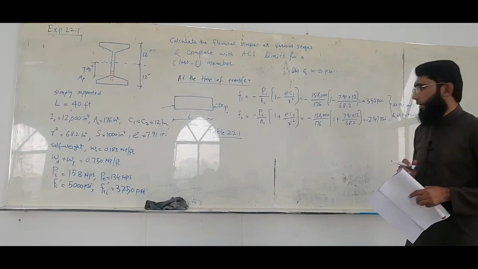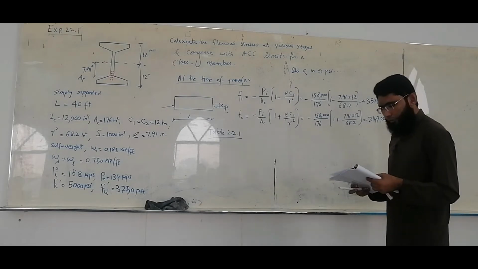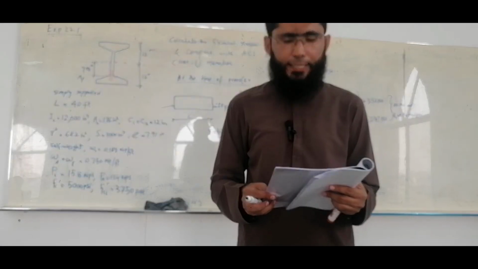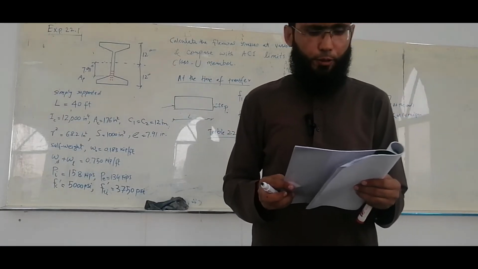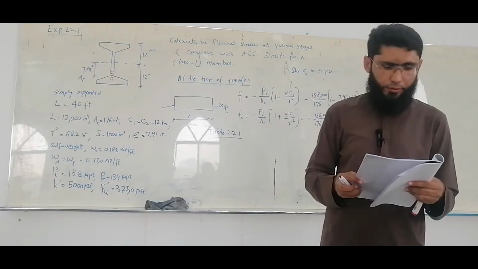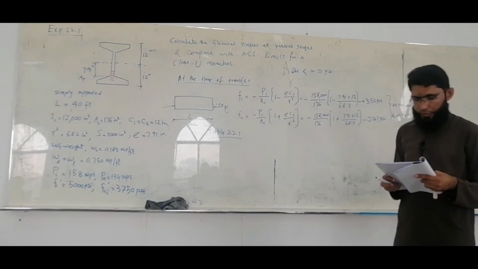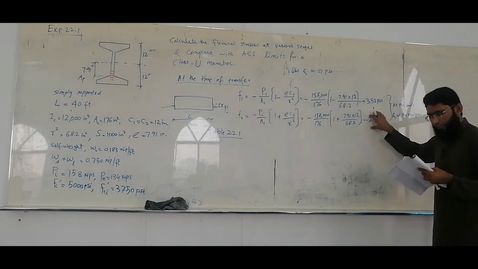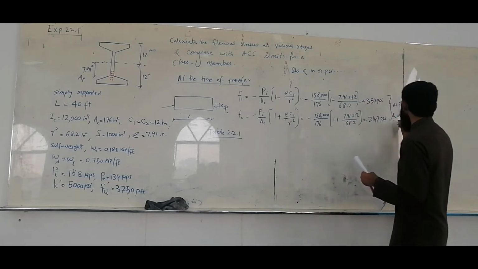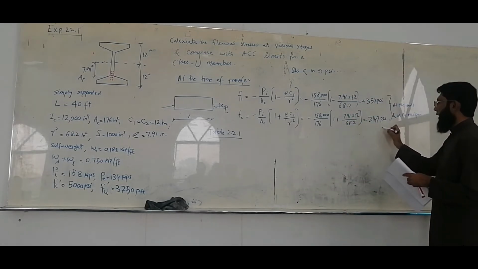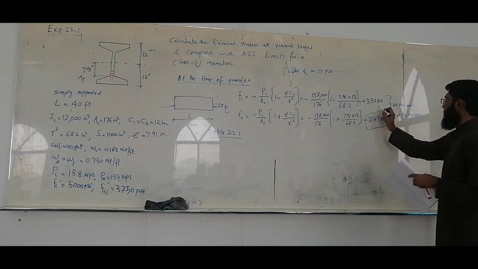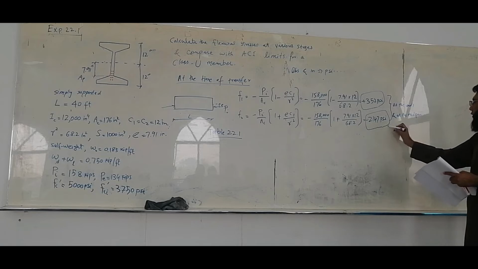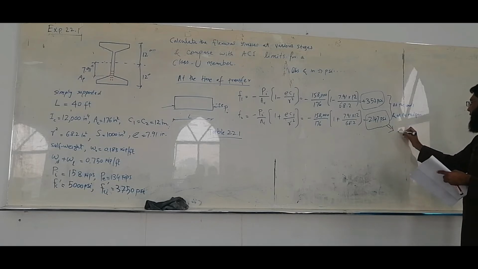So at the ends, if you read B and D, B says extreme fiber stress in compression at ends of simply supported members. So at the end of simply supported members, the extreme value of compression allowed is given. So we are going to compare something that applies to this member. We'll come back to this, but first we want to check this. So the permissible value for this is